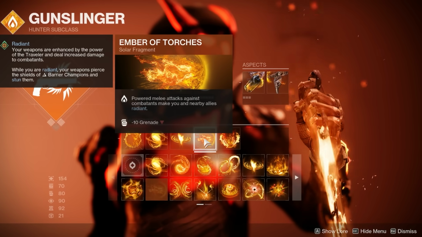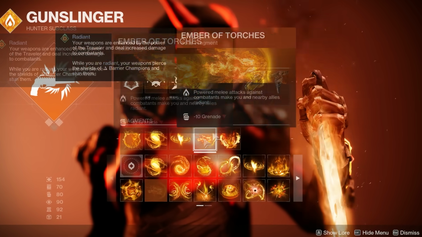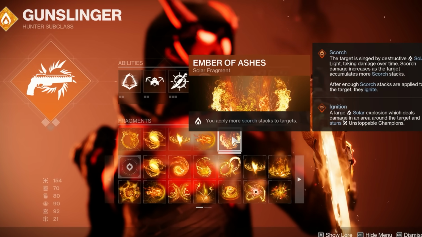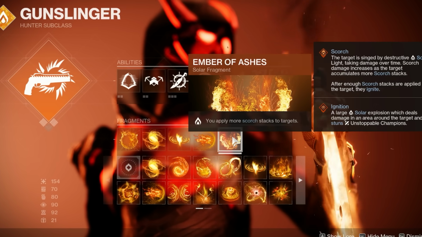This is a very important fragment because landing a powered melee hit will grant you radiant. The last fragment is Ember of Ashes, and this is really important, especially to get that secret trump card, the tactical nuke wombo combo from your explosive knife and your fusion grenade. You usually need to run this fragment if you want to apply enough scorch stacks, but even without the ignition,